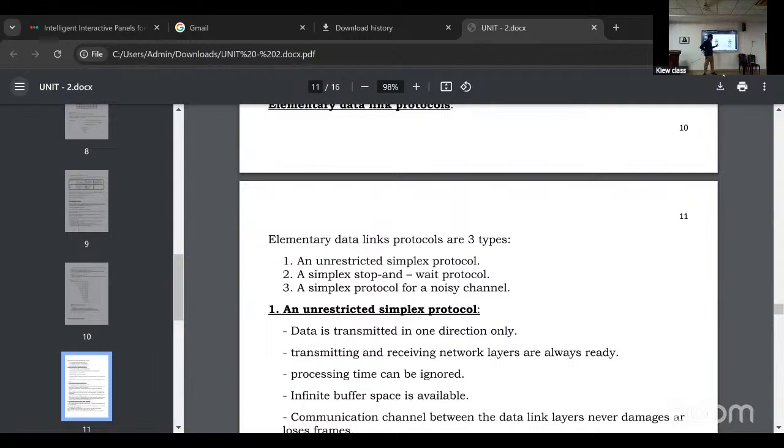Frame 2 will be transmitted, it should be lost. So the receiver gives negative acknowledgement: frame 2 is not reached. So what will the sender do? It resends. Selective means only the particular frame which is lost will be retransmitted.